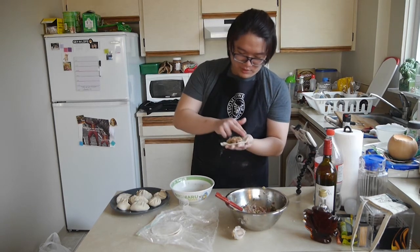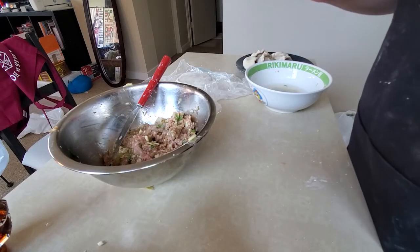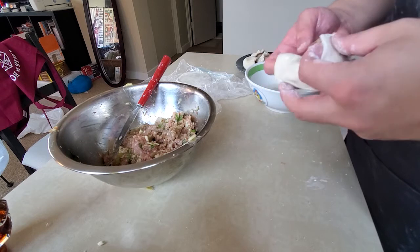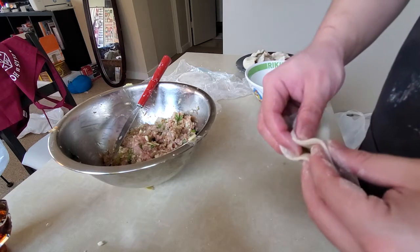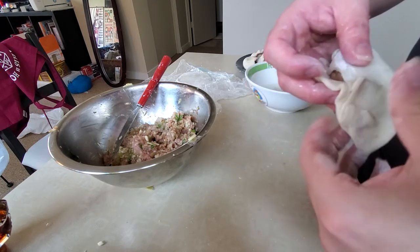But, you know, this is home stuff. We just want to enjoy our meals. So most of my gyozas have been getting bigger and bigger and bigger. So how I've gotten about to doing this is kind of doing this kind of thing. Oop. So I've been going that and that. So each pinch kind of